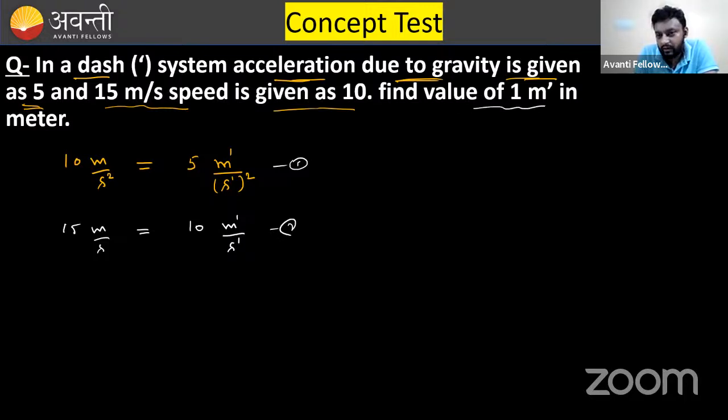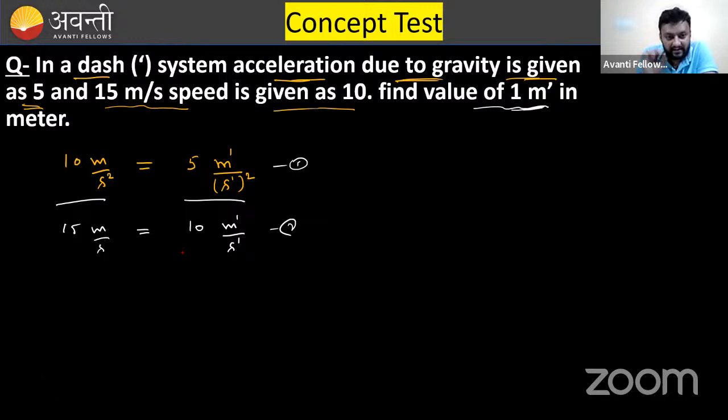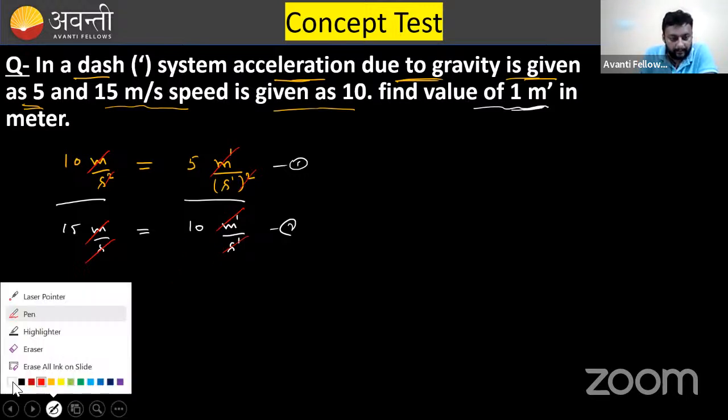What do we want to calculate? We want to calculate 1 meter dash in meter. Okay. So I think till now everything is clear, the two statements that were given. Now what I am doing, I am dividing these two equations. As soon as I divide these two equations, just focus. This meter and this meter will be cancelled. This second will be cancelled with this second. Clear? Similarly, meter dash and meter dash will be cancelled. Second dash and power will be cancelled. Clear? So it will become